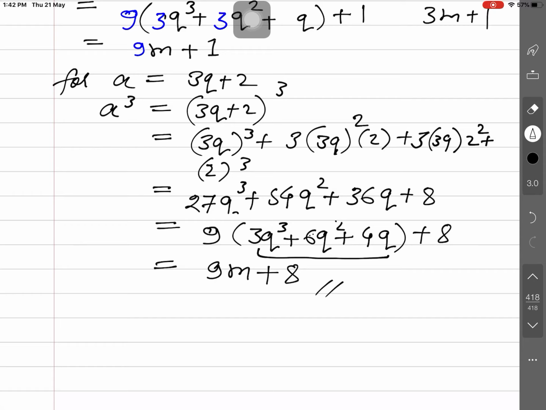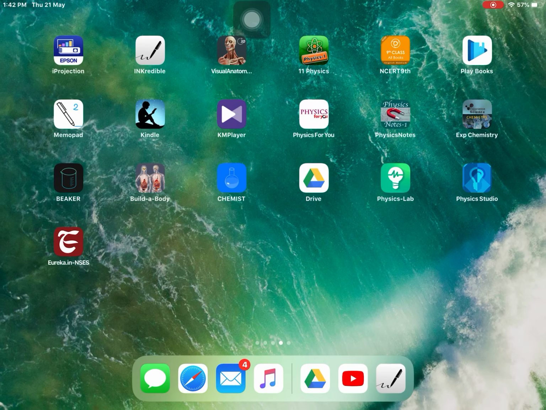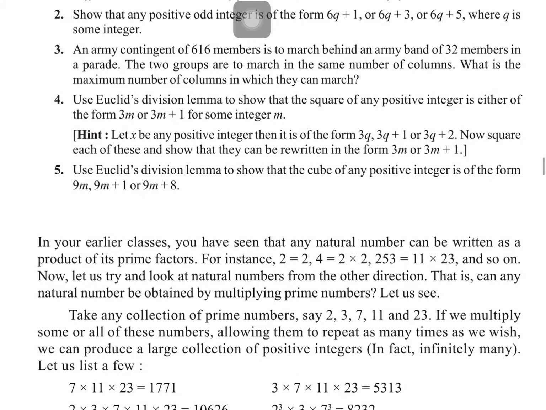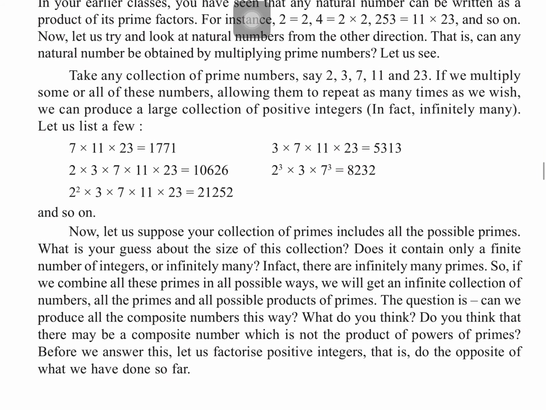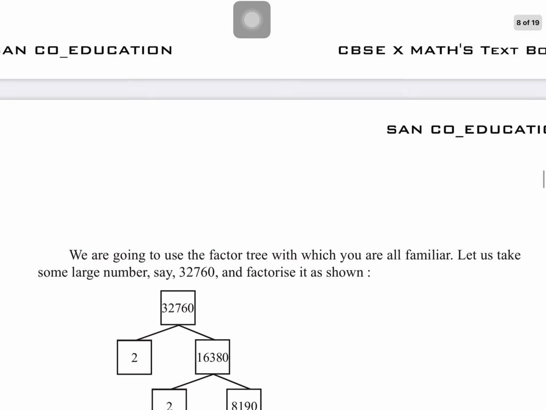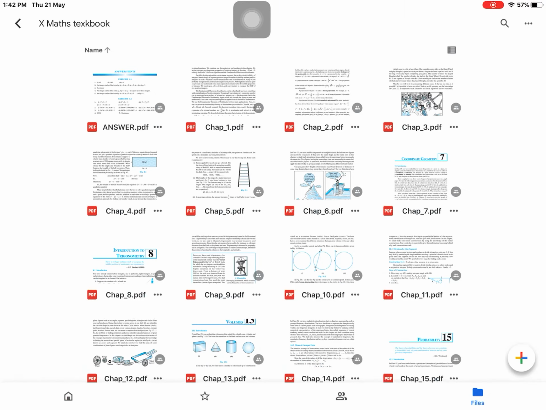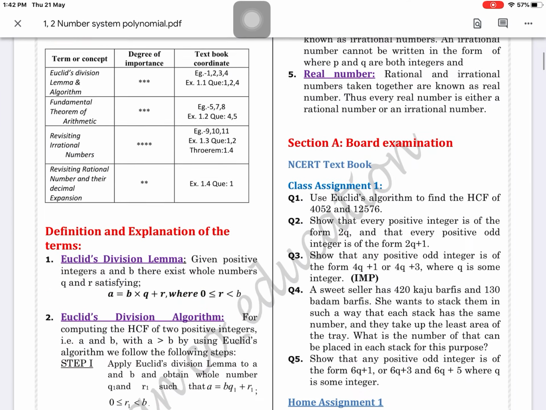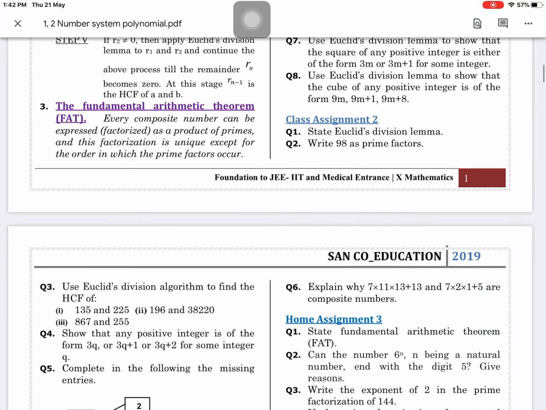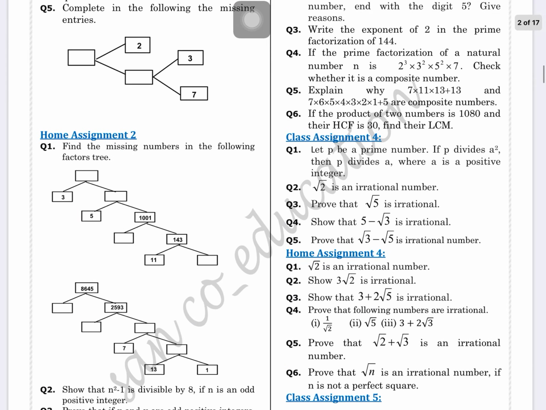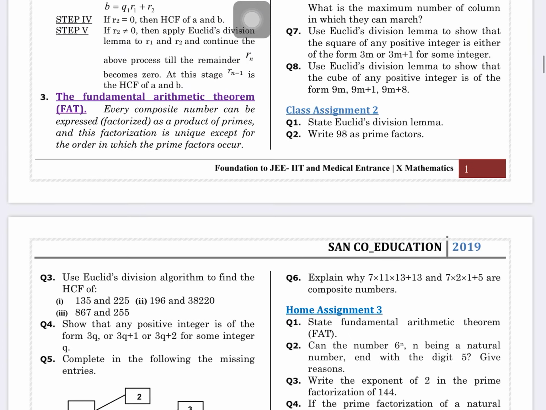Similarly, you can attempt the same questions in the study material given. Is that clear? All the questions in the study material of this exercise are now complete. Next day we will solve about the fundamental arithmetic theorem, and also you can solve the questions from our study material. This study material I think you all have. These questionnaires are there. Your assignment of the day is this.